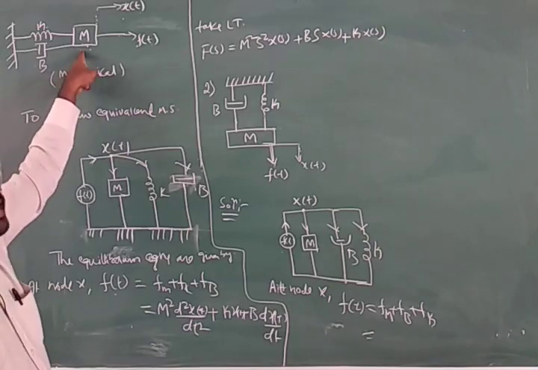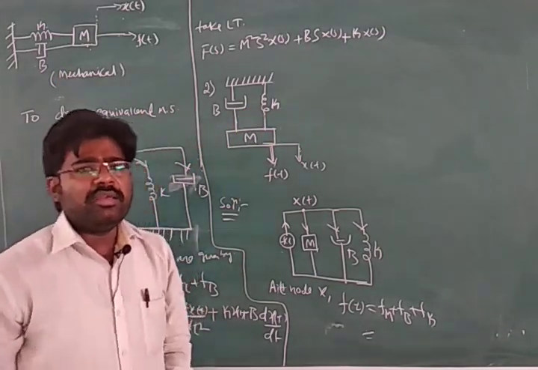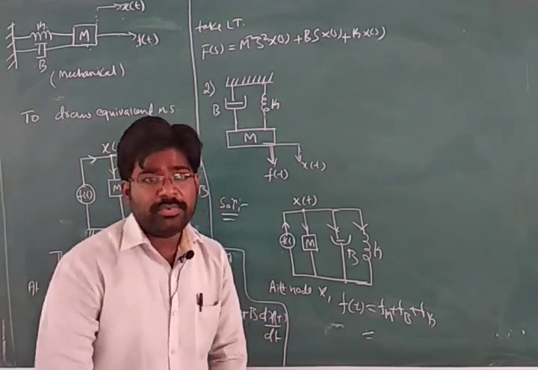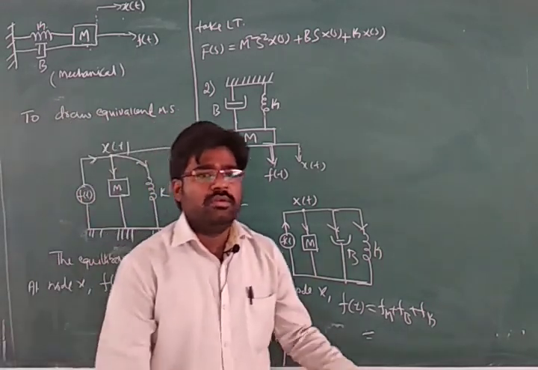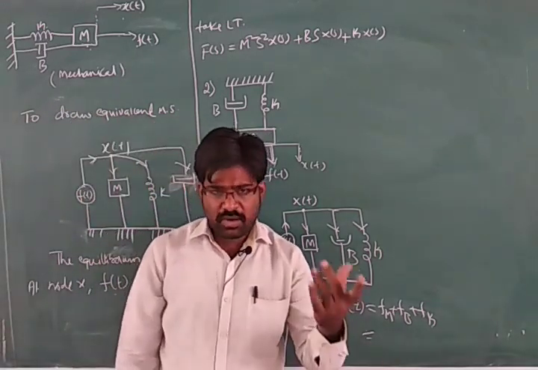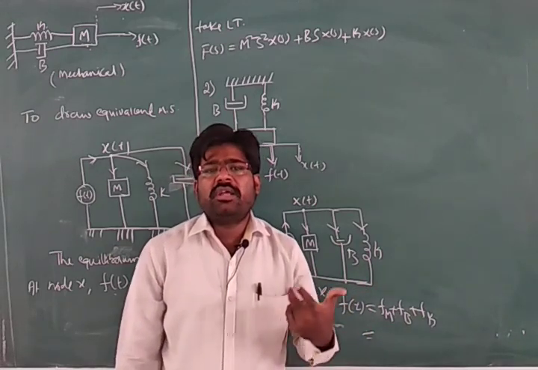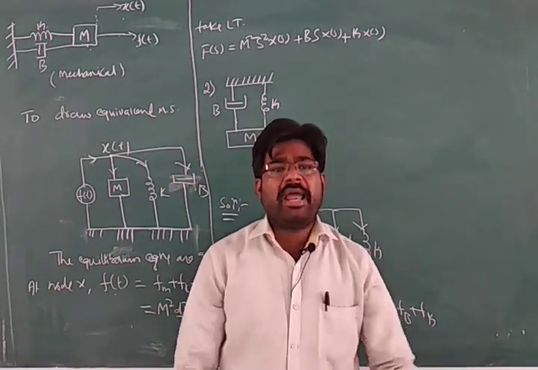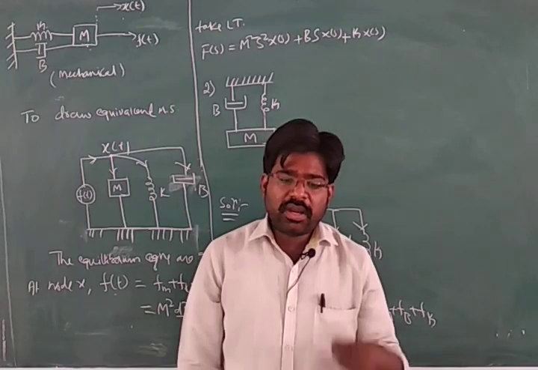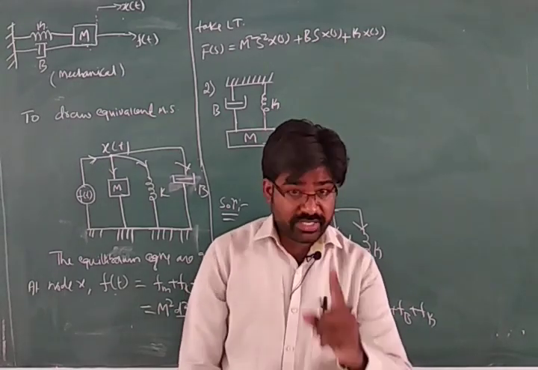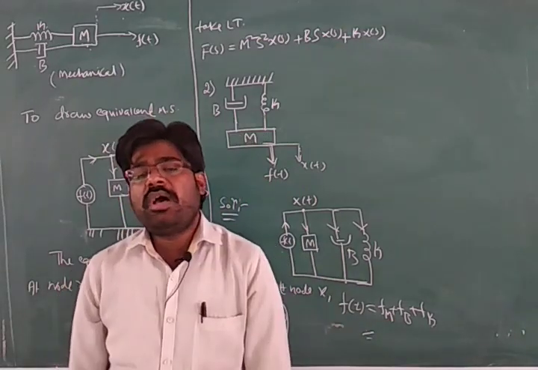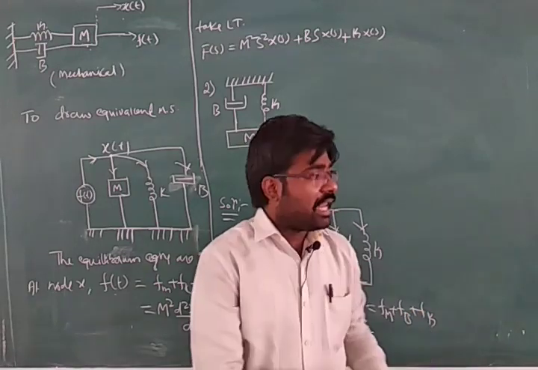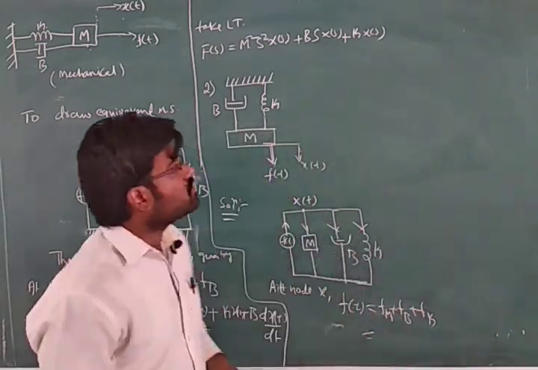So here it has been connected like this, here it has been connected like this. You can connect in any manner, but we have to be thorough in concept, in how to apply the concept to get the required answer. Simple. We have to draw the equivalent mechanical system by keeping the number of displacements in mind. Then whichever elements are getting influenced by that displacement, all those we have to write in parallel. Equivalent mechanical system is nothing but writing all the given elements in parallel with respect to node. Then we apply Laplace transformation, and then we will get the required answer. So let us see one more problem, a somewhat tricky problem.